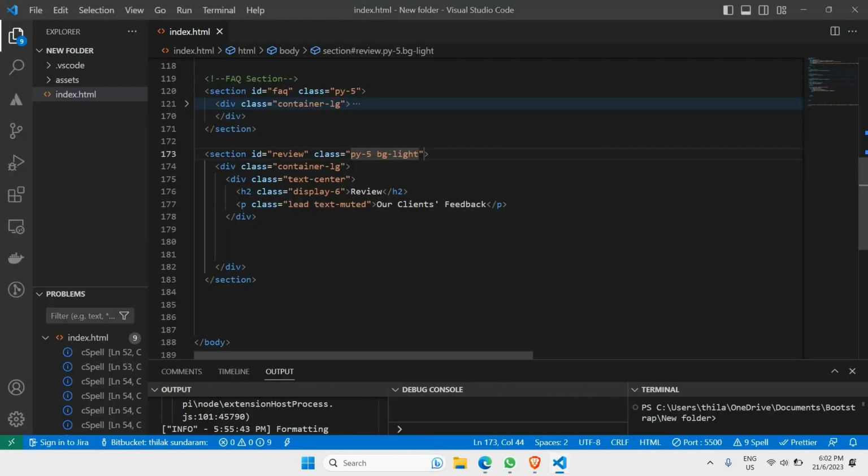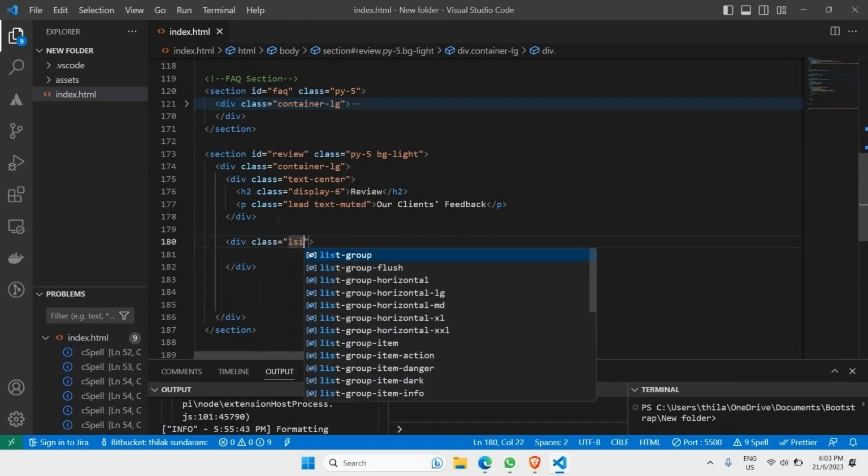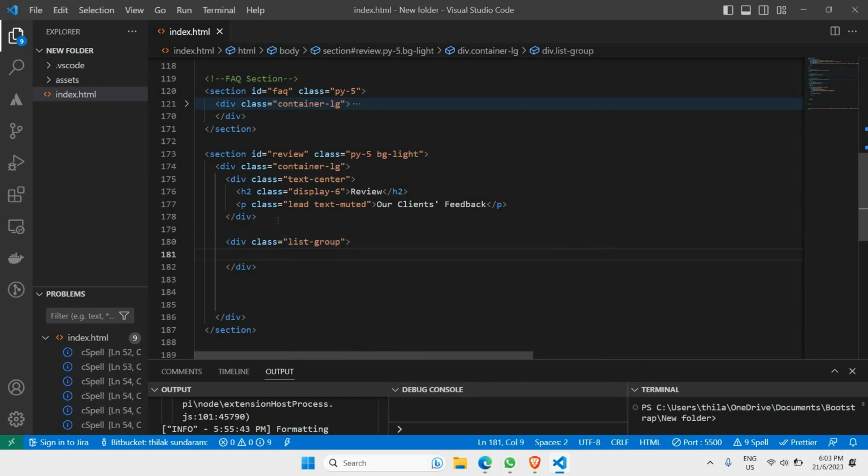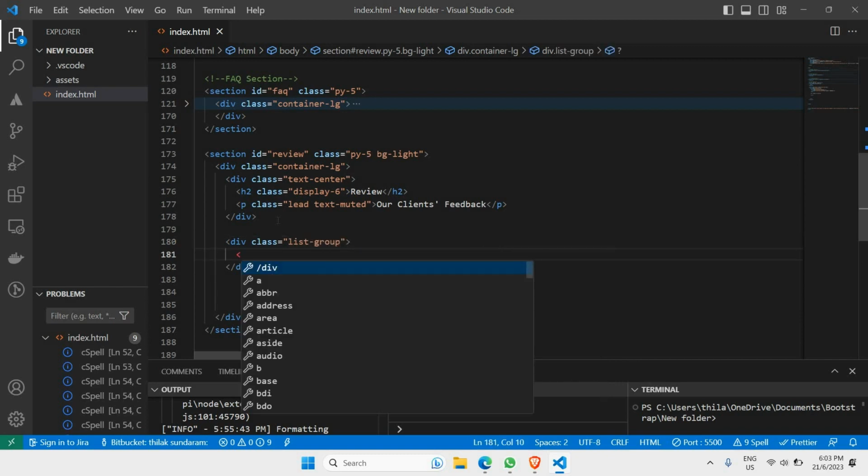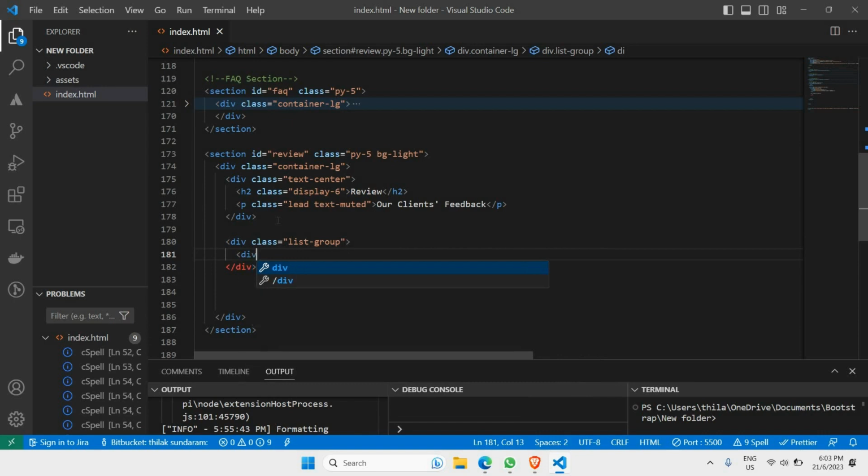And next thing is where I like to place the list group items. So I like to go to the bottom right here, and of course I like to create a div. And this is the div where I'll call the list group parent class. So in this case, I like to say list group. Okay, that's the first one. Inside here is where I'll be placing the list group items. So I like to create another div like this. And inside this div is where I'll call a class name for the child class. So in this case, I'll call it class list group